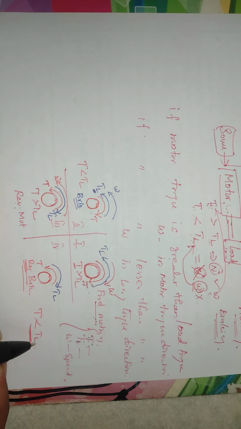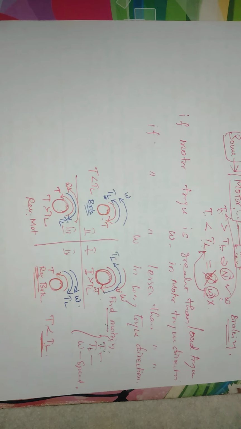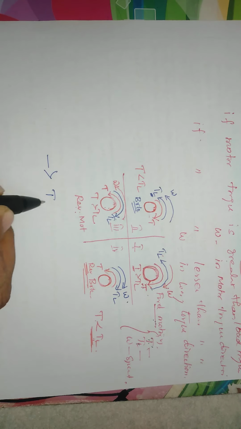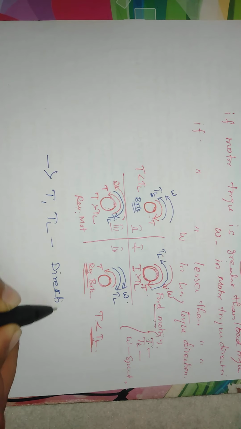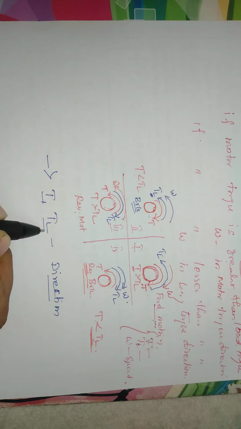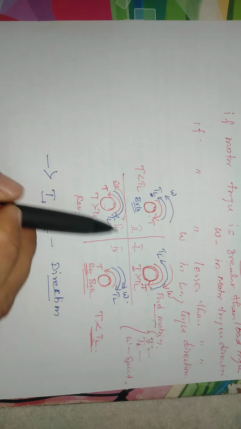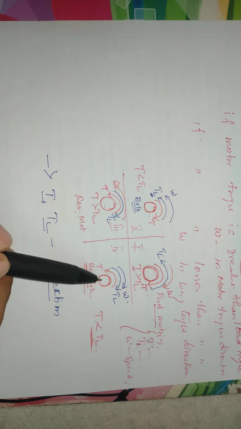So which direction will the speed be? Based on the higher torque direction only, the speed will be there. So here the speed direction is getting changed. These are the simplest ways, that is what we need to identify. First thing we need to identify is the torque direction, to fix these two quadrants, and similarly for the opposite ones. Here T, TL, here T, TL, here T, TL, here T, TL.